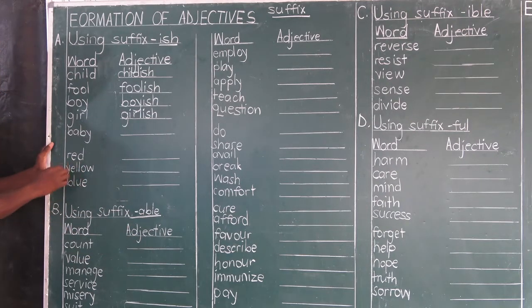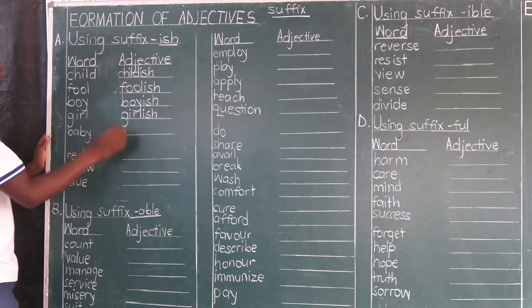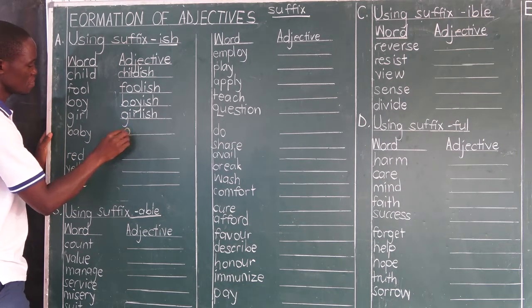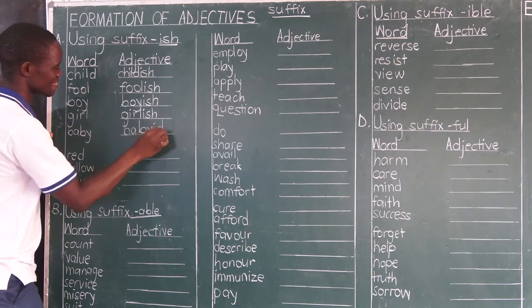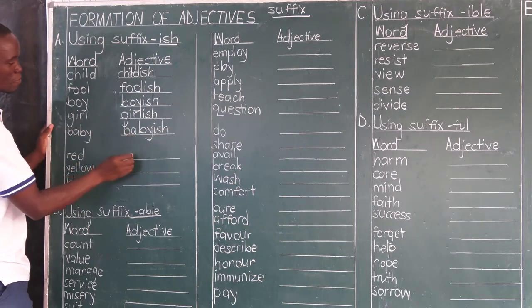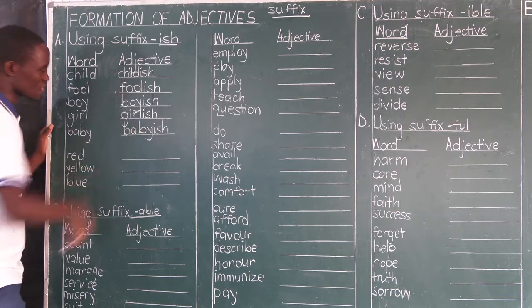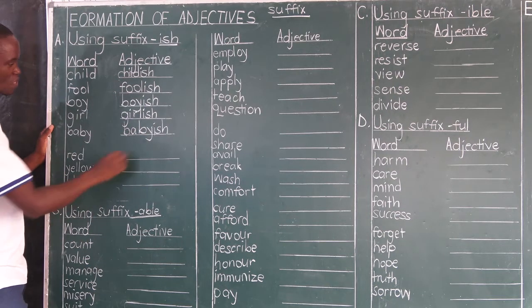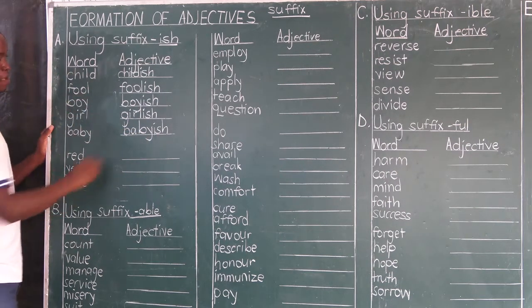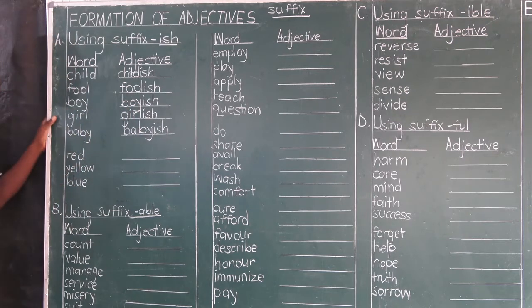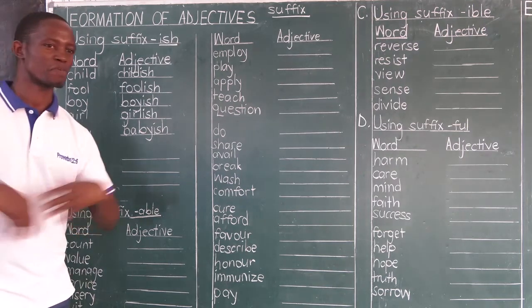Strange. The next word, which may sound a little strange, is baby. We can form an adjective from baby. Check the spelling and make sure you don't mess it up. Baby, B-A-B-Y-I-S-H. This is where most candidates mess up. They write baby, but they forget the Y. When they are writing the word babyish, you write B-A-B-I-S-H, you are wrong. B-A-B-Y-I-S-H. That is babyish. Babyish behavior. Behavior typical of a baby.